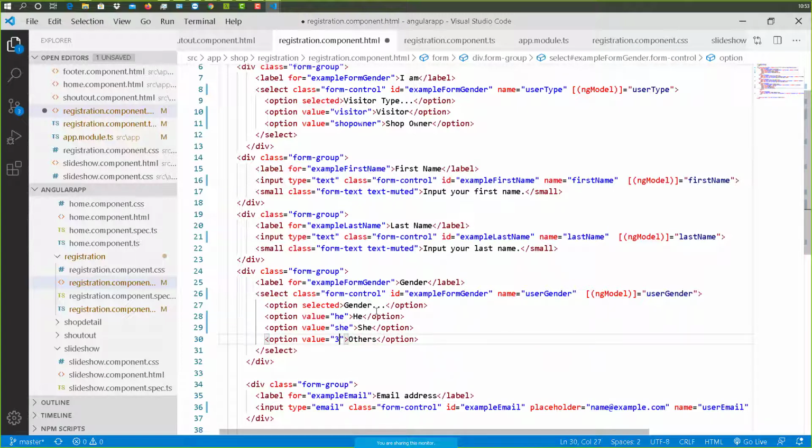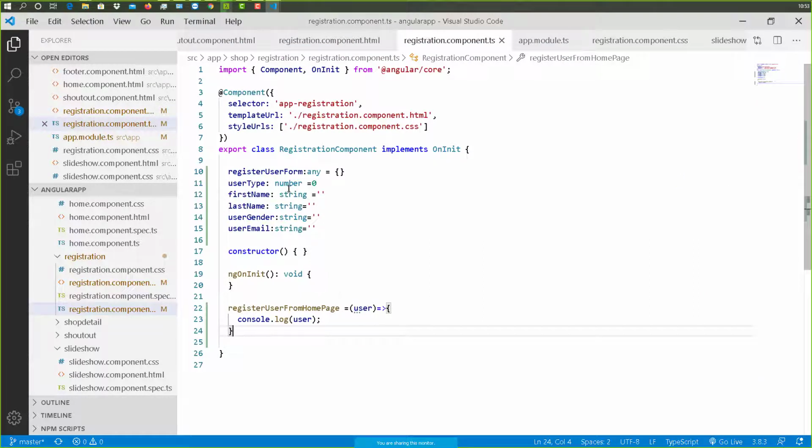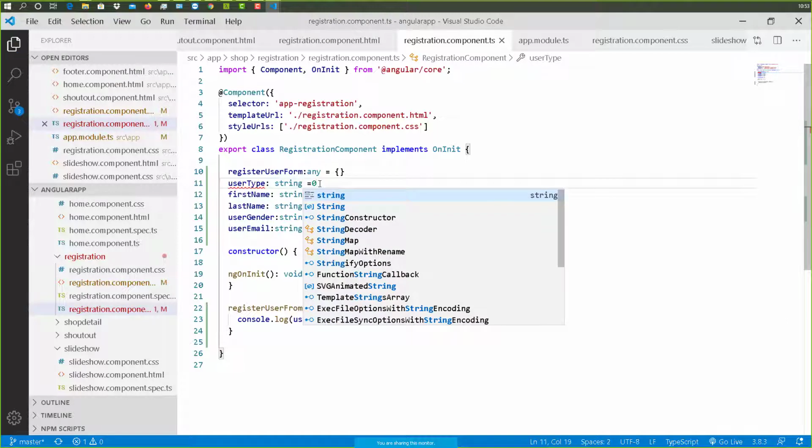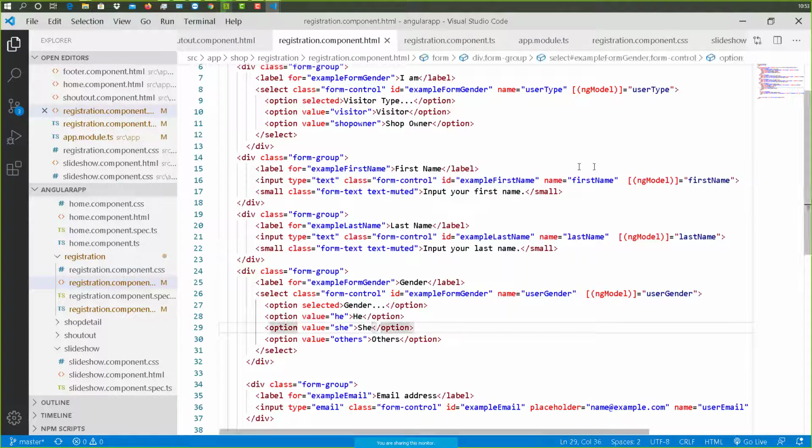She, others, right? Makes sense? That means I will need to change it in my TS file as well. So for this, it should be a string,